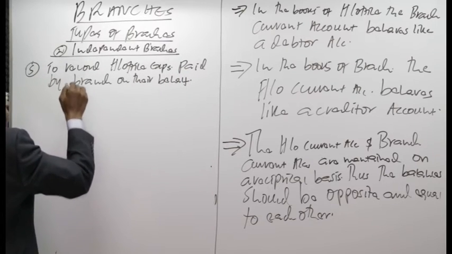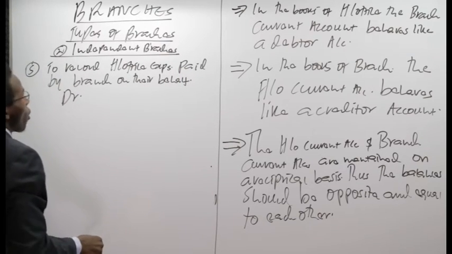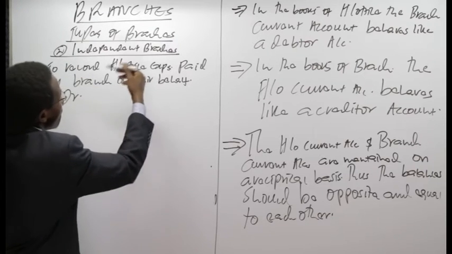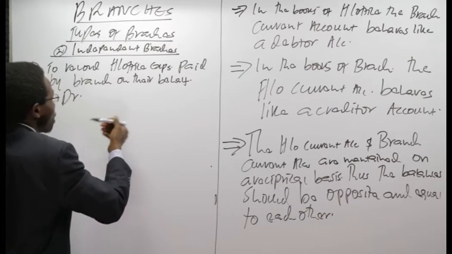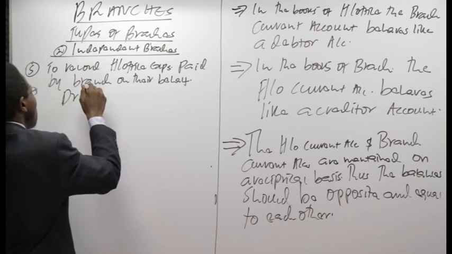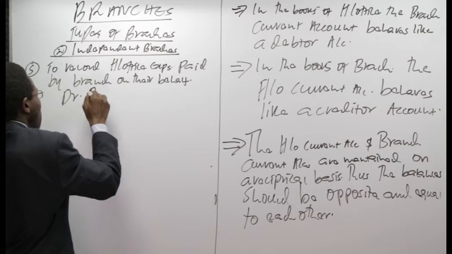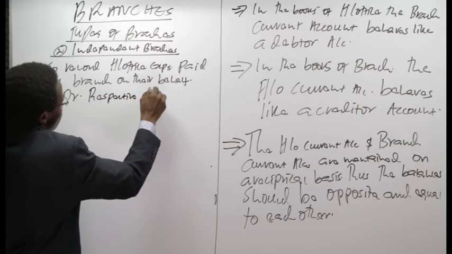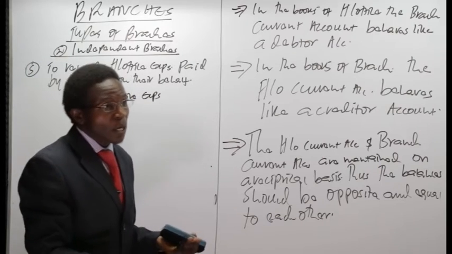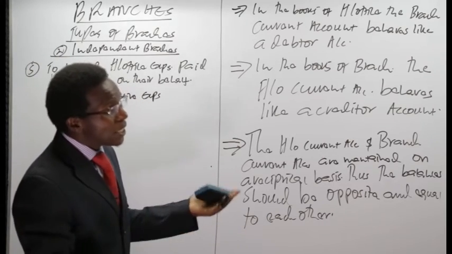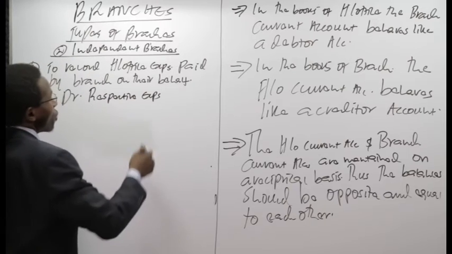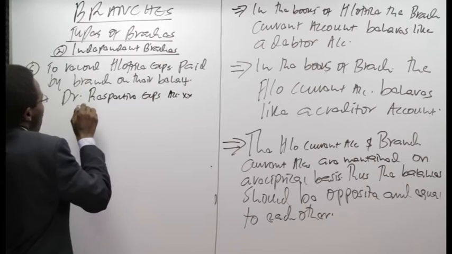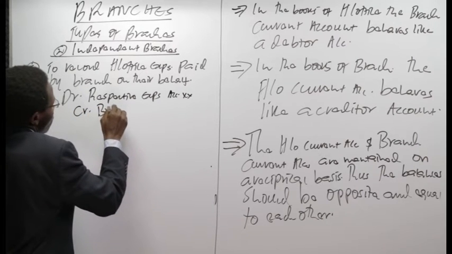We are going to debit the expenses. They have been paid, is the head office expense, but paid by the branch on their behalf. So you debit your respective expense account. It can be rent, it can be lease, rentals or something like that. So respective expense account. We now credit the branch